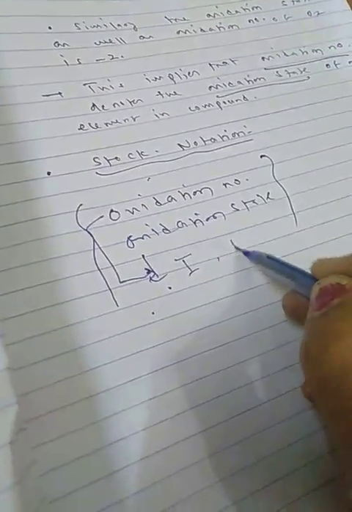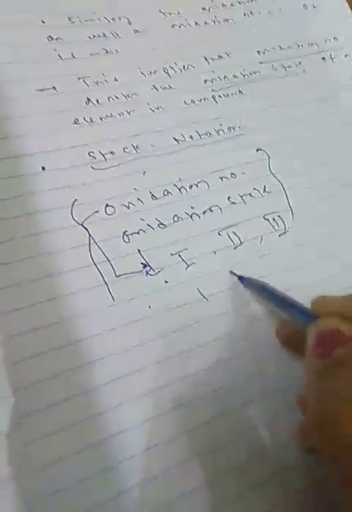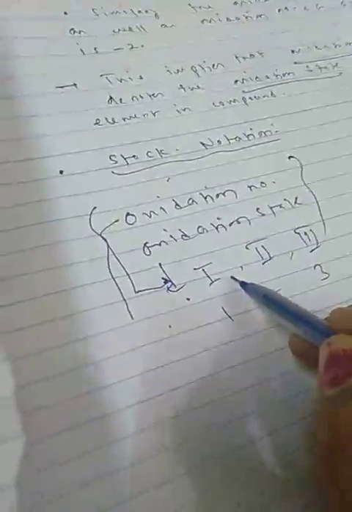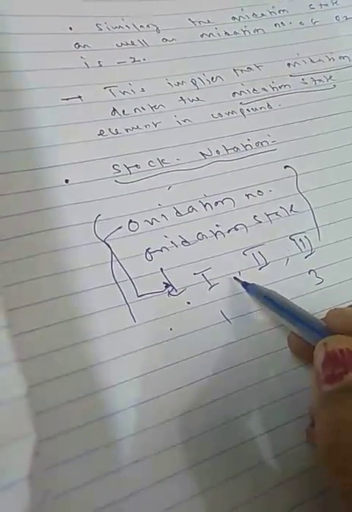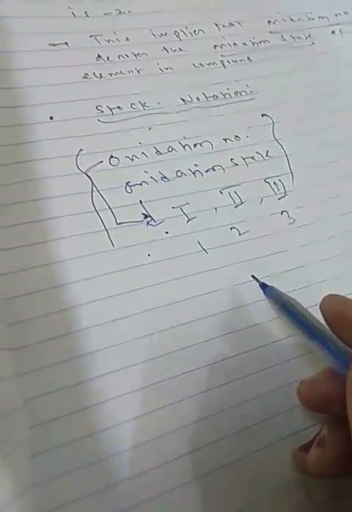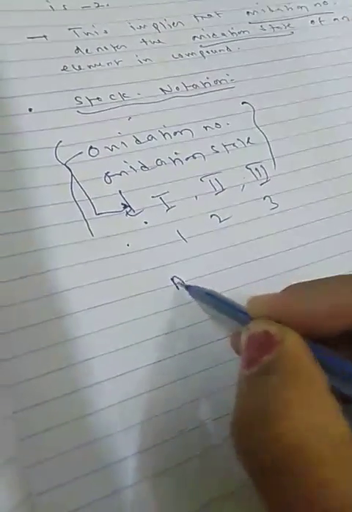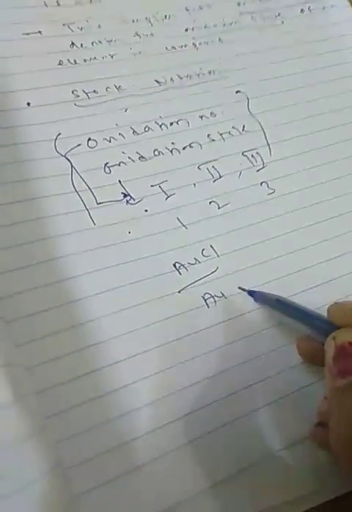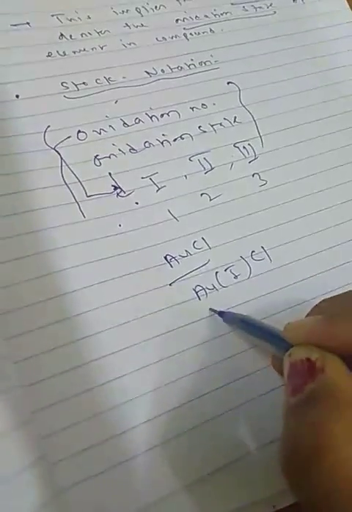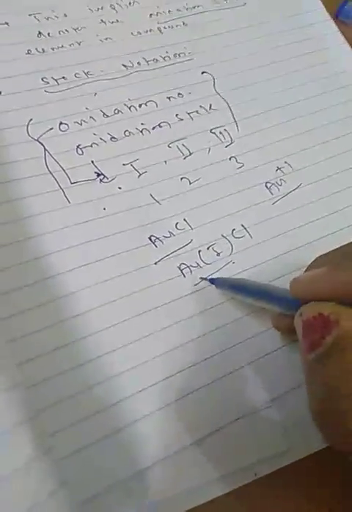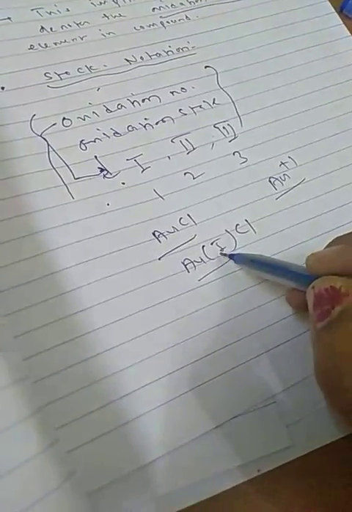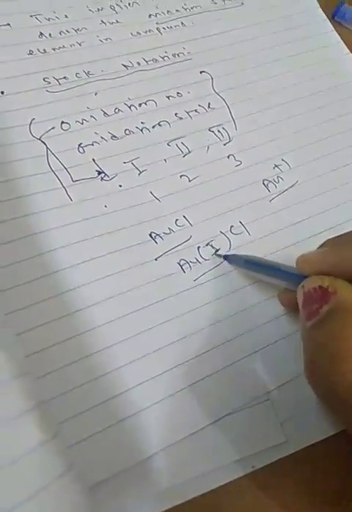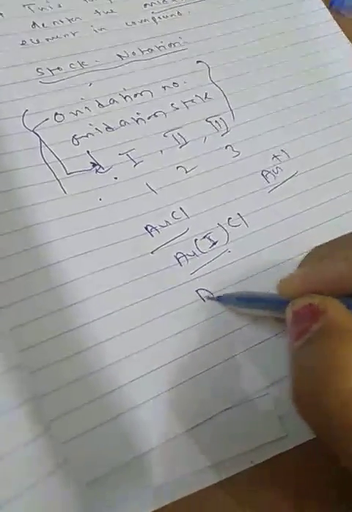Roman numbers, you know, are used instead of 1, 2 and 3. They represent the oxidation number in parentheses after the symbol of the metal in a particular formula. I am telling you one example, AuCl. If I am writing Au(I)Cl, the oxidation number is 1 for Au, gold, plus 1, like silver. But in Stock notation, you have to write I, meaning the oxidation number is 1.